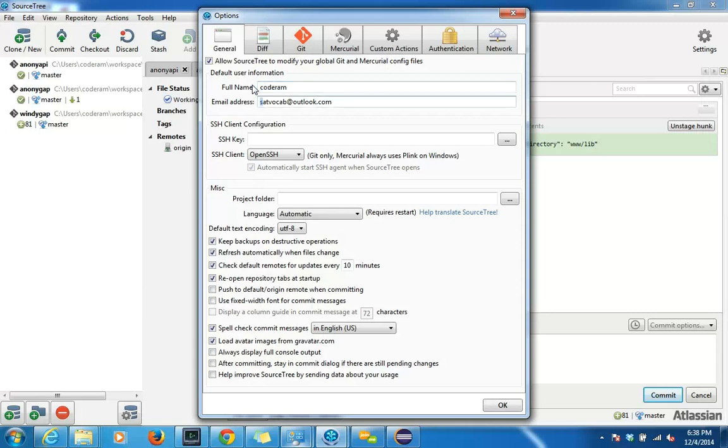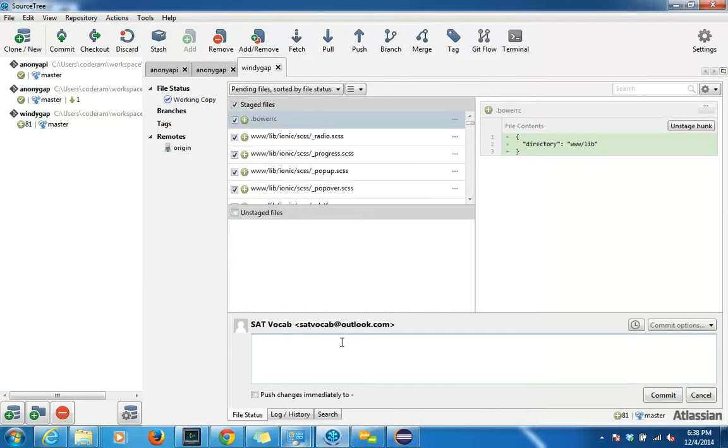So every Git commit has a username, a full name, and an email. So you want to go with something that you use for a lot of projects. So this is what I use for a lot of stuff. Code ran at Gmail. Okay. And now if I undo this